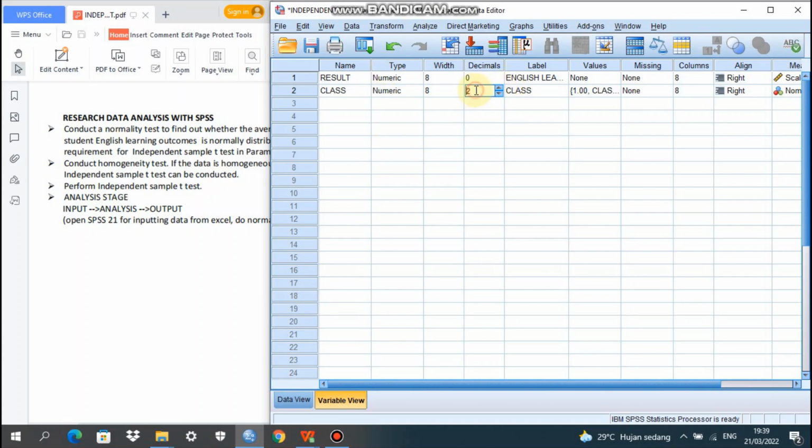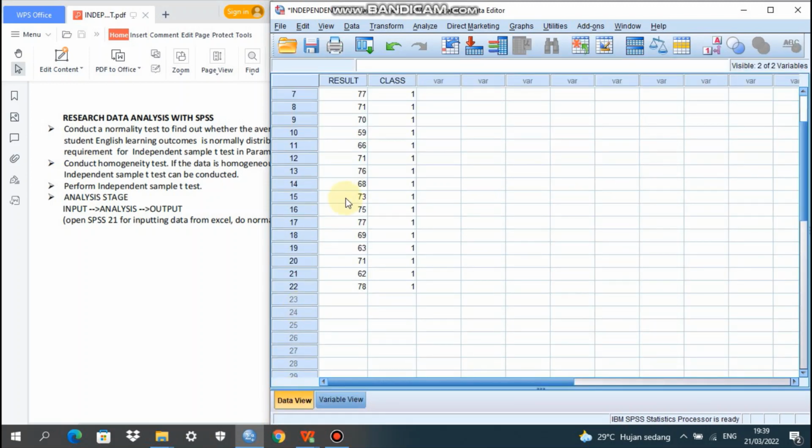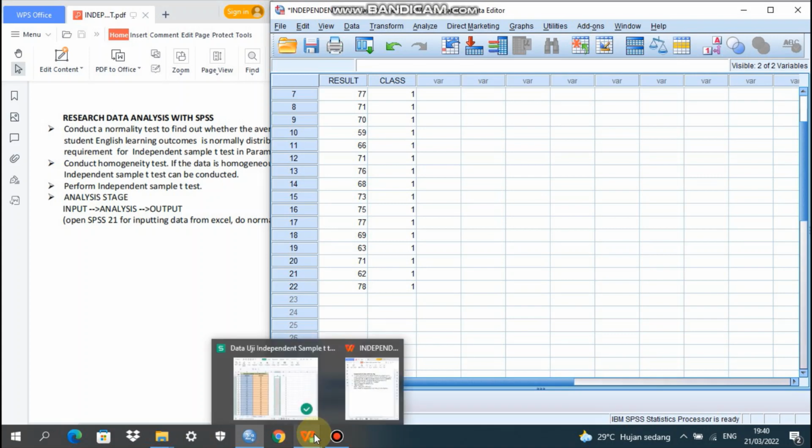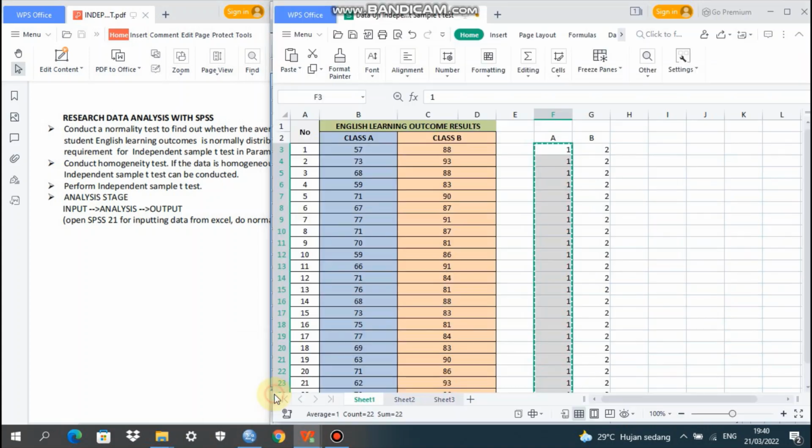Okay, we forgot this one. Type 0, because there is no decimal. So the data view here, number 1, without decimal. The result of this one, 22 participants, no decimal. Okay, we go back to this one.